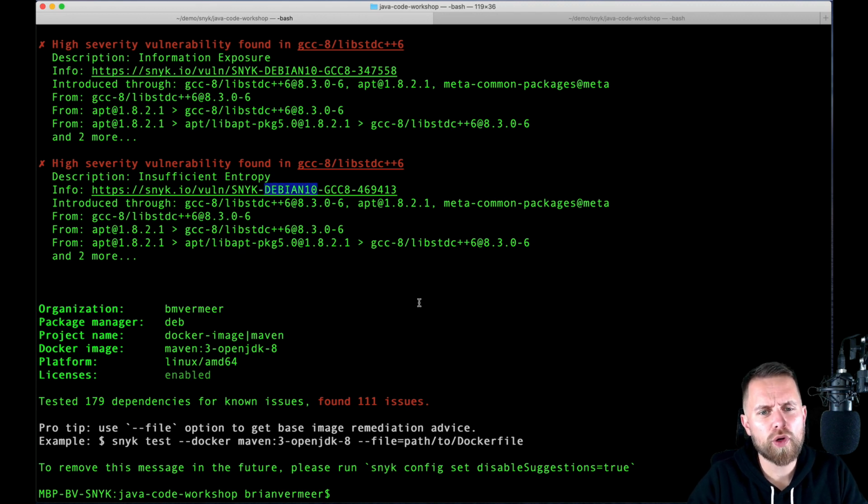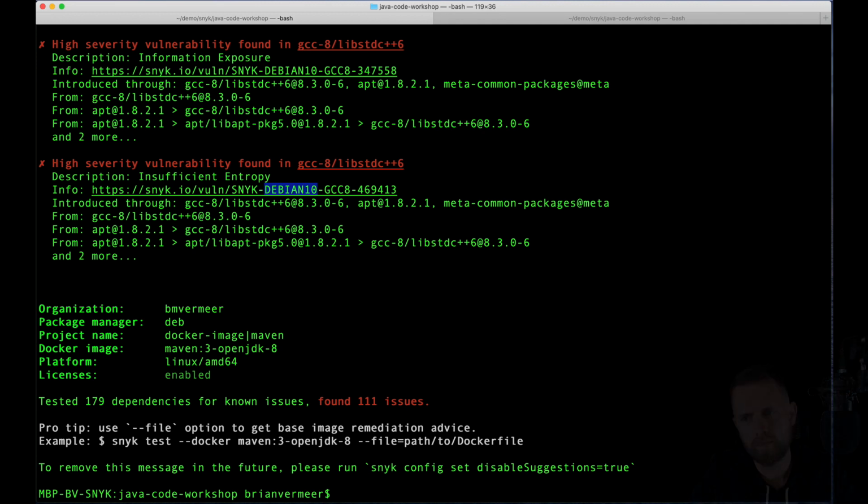If we look a little bit more closer, we see that a bunch of them are tied to the operating system this base image uses. Let's think about this for a second. Do we need a full operating system, including all the security vulnerabilities it ships with? Probably not. But also, we do not need the JDK. We only need a Java runtime environment to run a Java application. We certainly do not need Maven and the original source code in our production image.